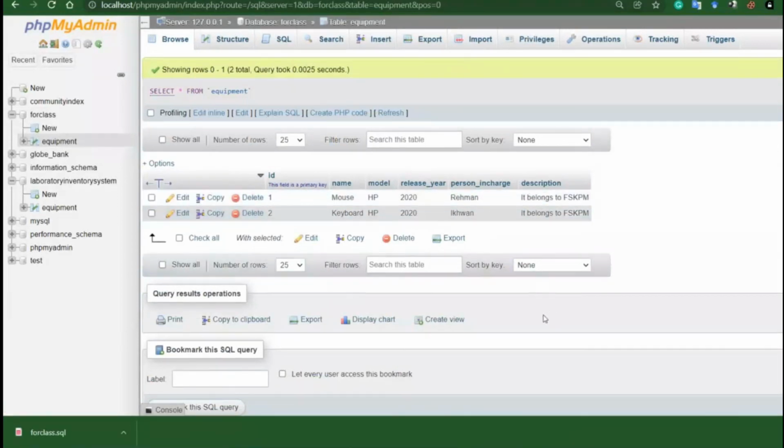So this is how to create a backup of a database and how to restore a backup of a database. So I hope we almost covered the brief introduction of database management system using PHPMyAdmin: how to create a user, how to create a database, how to create a table inside a database, how to design a table, and lastly how to create a backup of that database and how to restore a backup.